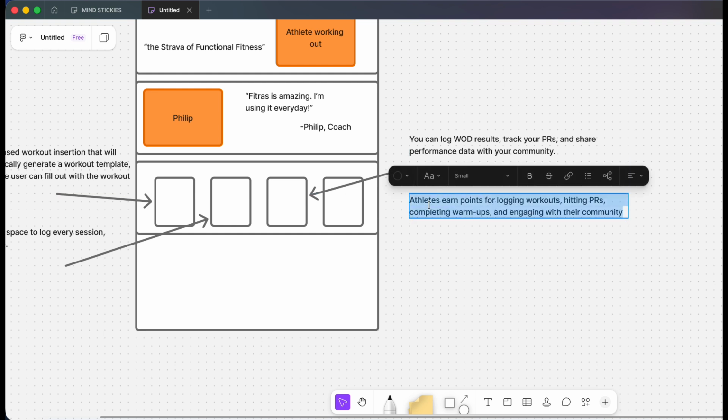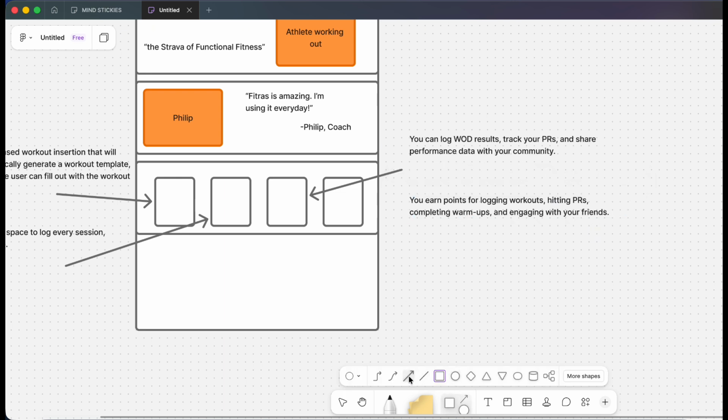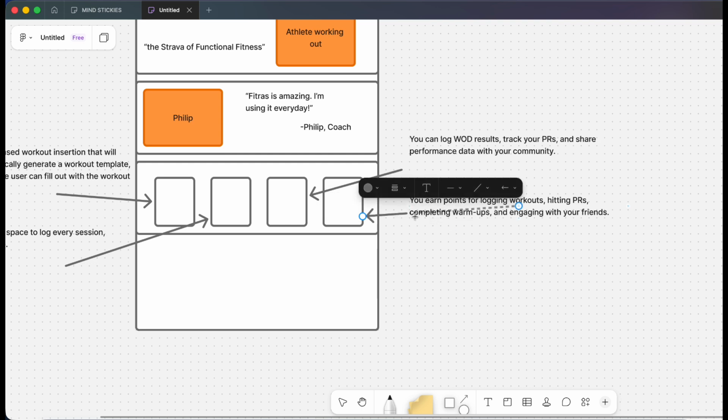Yes. Say you earn points for logging workouts and PRs and engaging with your friends. I would say. Yes. Okay, I think this looks pretty solid so far. The other way around. Rock and roll. Cool. So now we have the features ready,